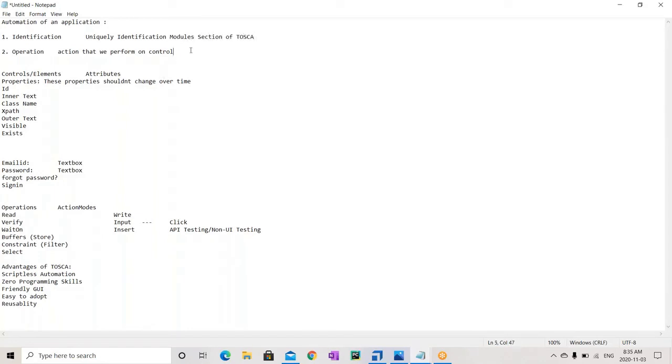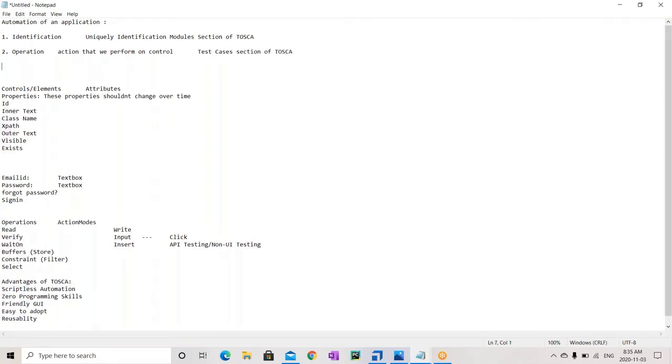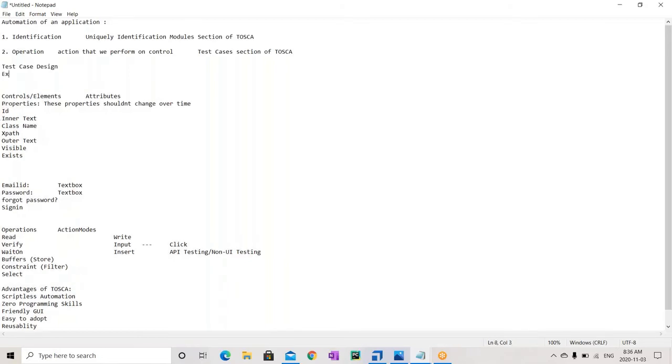And the operations we are doing are nothing but the test cases section of Tosca. And as we discussed, there are two more important sections. One is the test case design section and another one is the execution section. Test case design is needed whenever you are writing test cases, for example when your web page has so many drop downs in it. You want to choose different sets of data, and you cannot hard code your data over there.